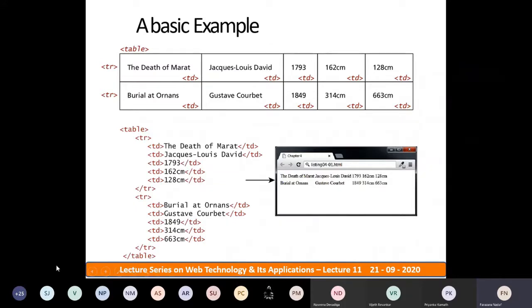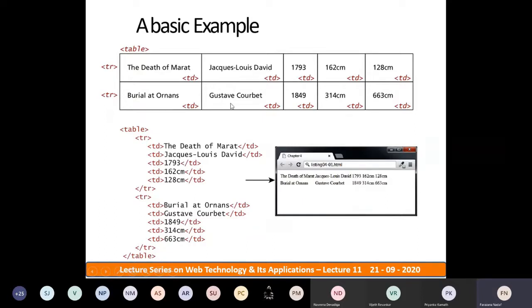So like this, you can add a number of rows. Then the second row will be closed. Then close the table. Until you close the table, the content will be rendered in the same table itself. So before going for the next content of a web page, close all the hierarchical HTML elements one by one,